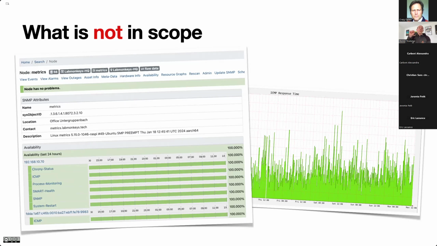That is basically a test, and that has just a state, up and down. So the test failed or the test passed, and we also measure how long it took to perform the test. That is taken care of by the poller daemon in OpenNMS, which is a different component, and therefore we don't consider that here.